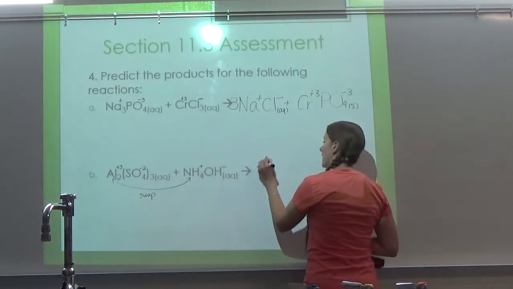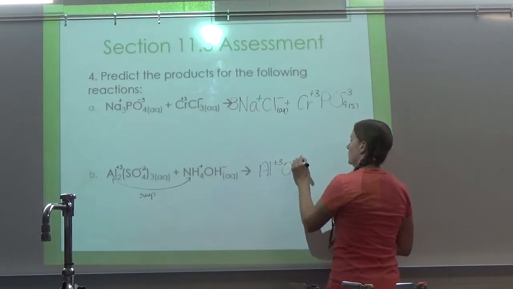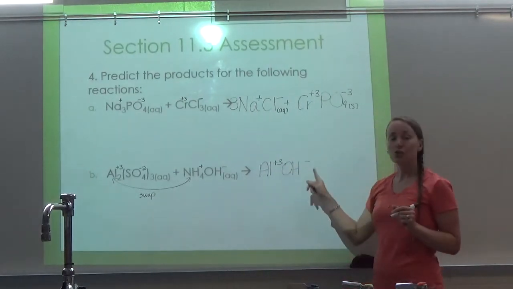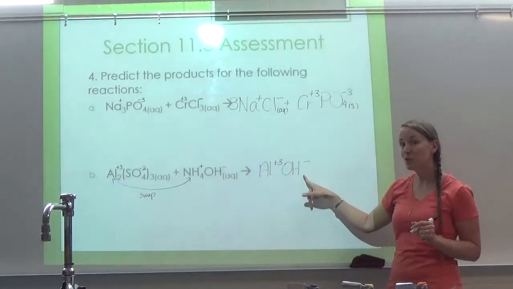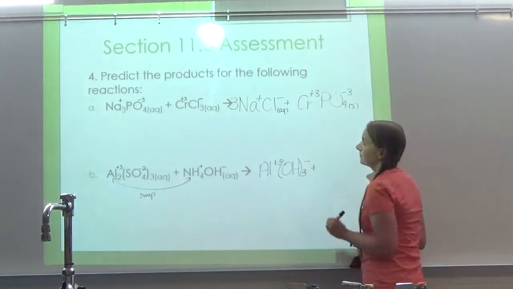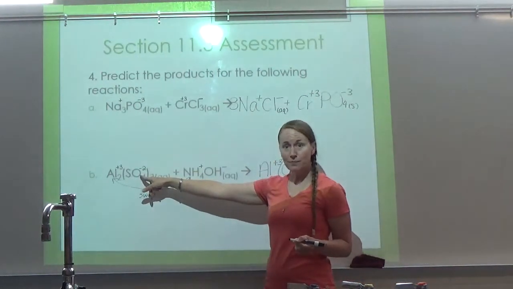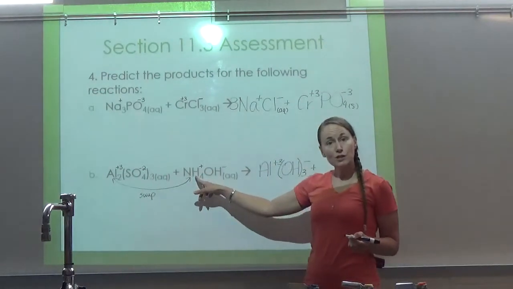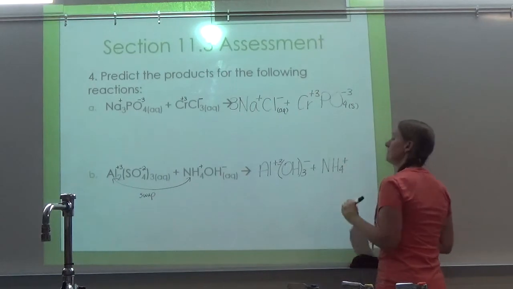So I just bring over Al, positive 3. It's going to bond with hydroxide, which is OH negative. I need to cross the 3 down, but don't forget on hydroxide, even though it doesn't already have a subscript, it's still a polyatomic ion. So I have to put it in parentheses. All right, now NH4 is going to bond with SO4. I'm going to write NH4 first because it's the positive one. So NH4 positive,